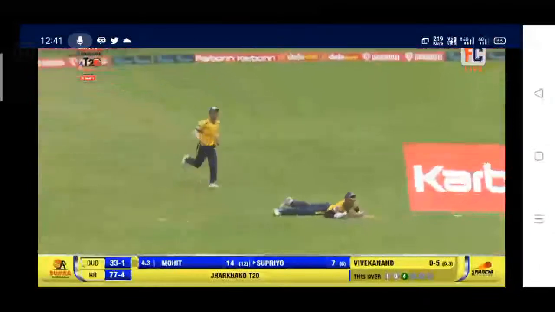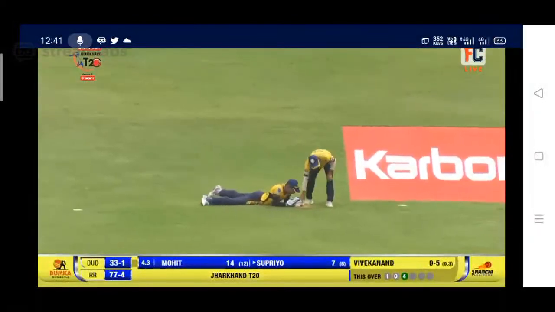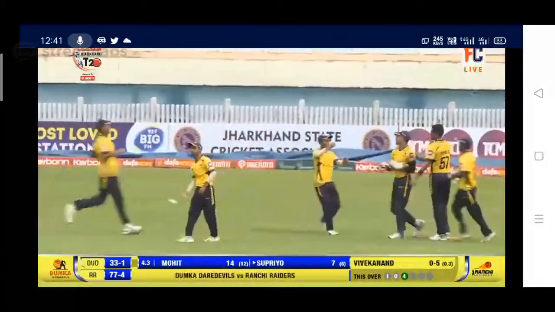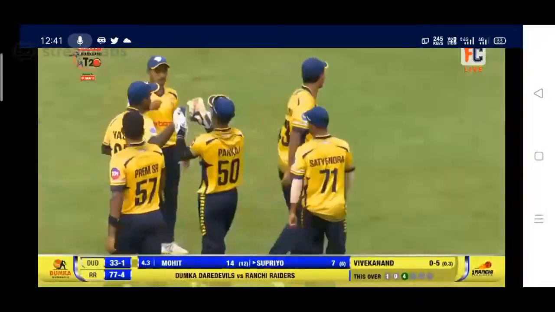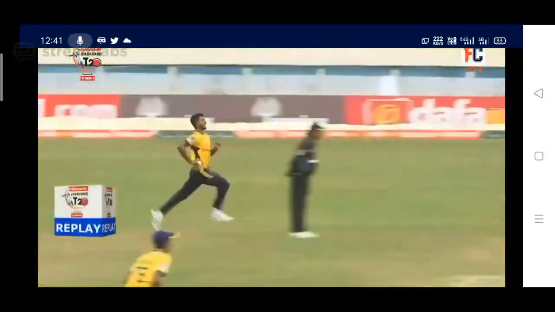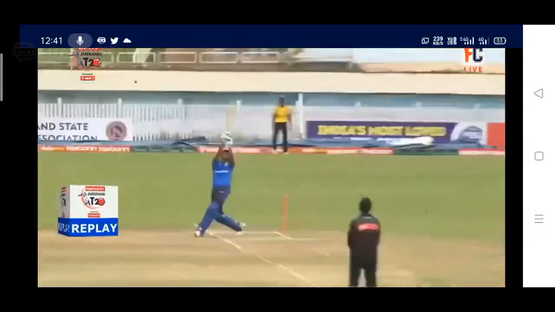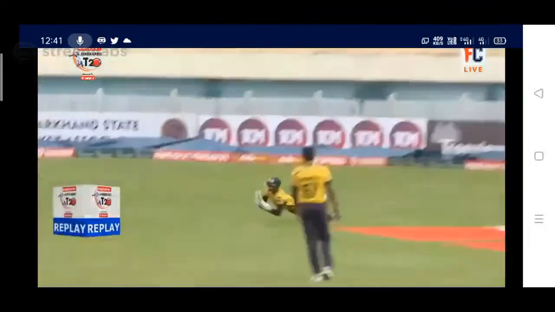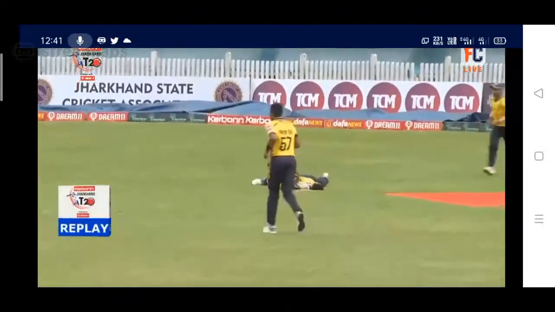And has that been taken there? Or has it been dropped? Oh, he dropped it. I thought he's under the ball, or let's see. Yeah, he's taken it. Well taken. For a moment, I thought the ball had popped out of the hands of the wicketkeeper, but he managed to grab it. Taken.